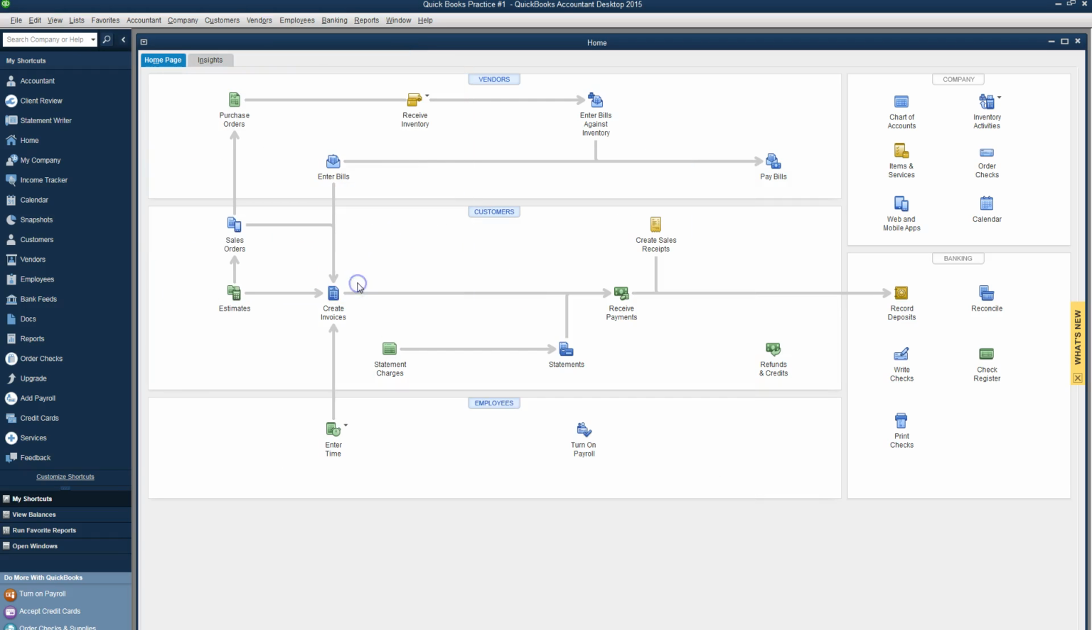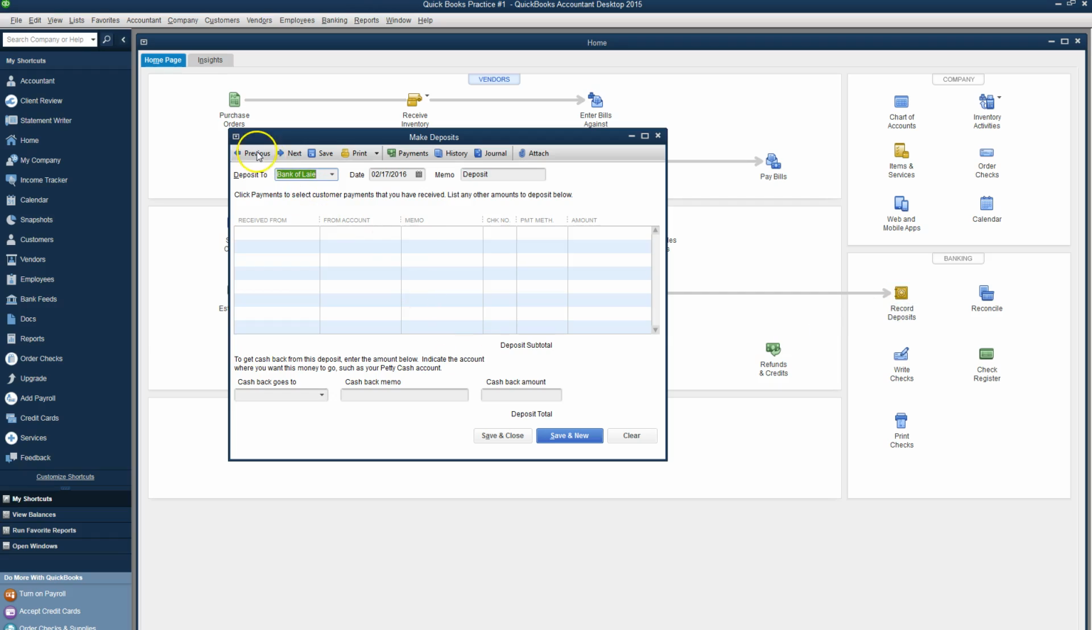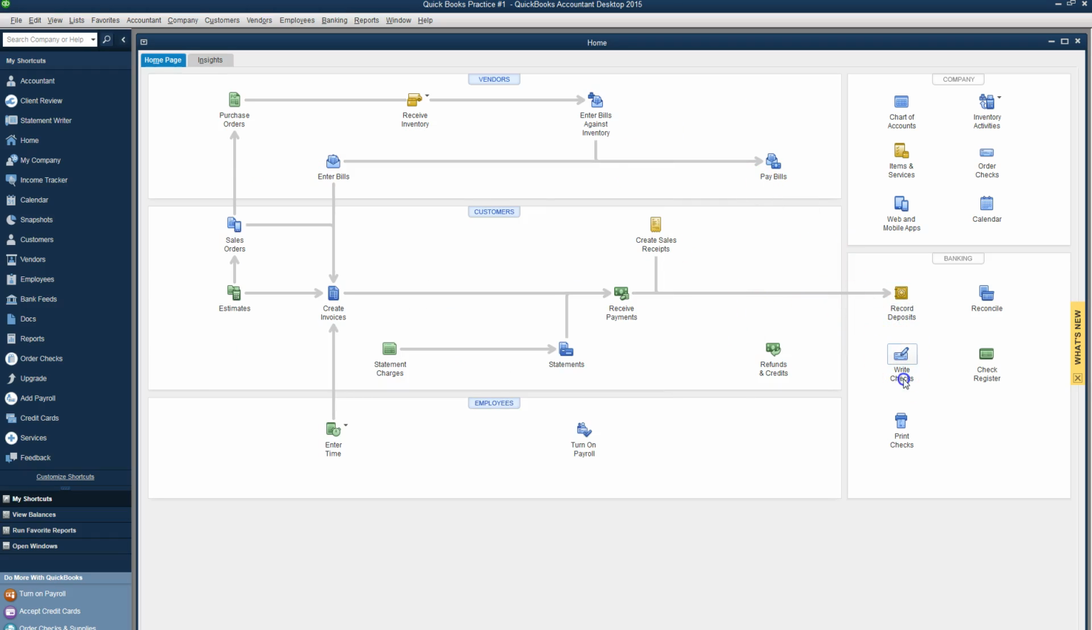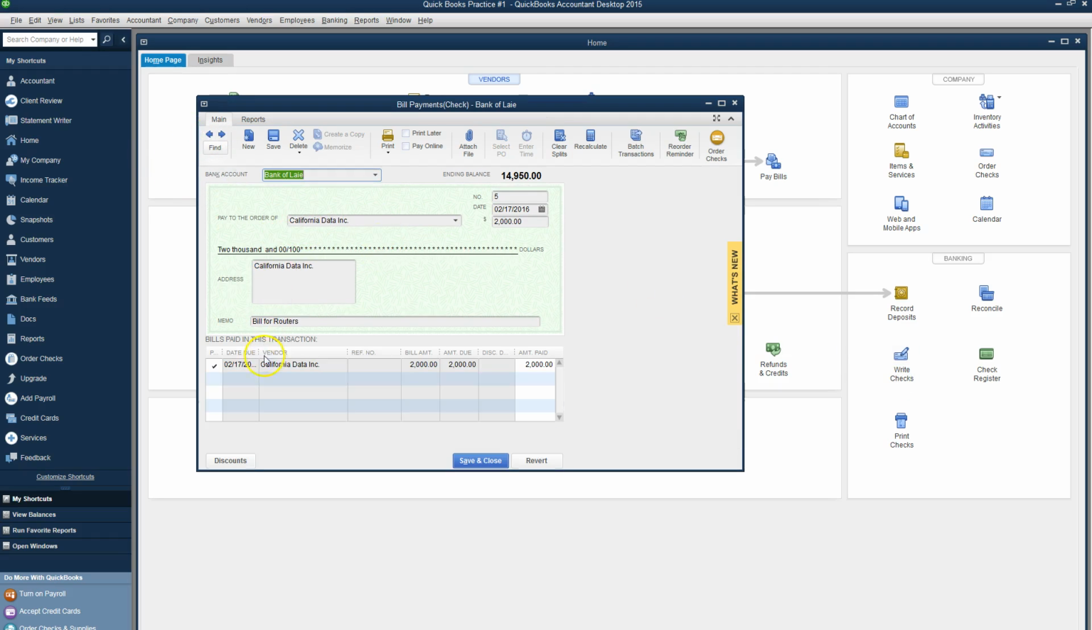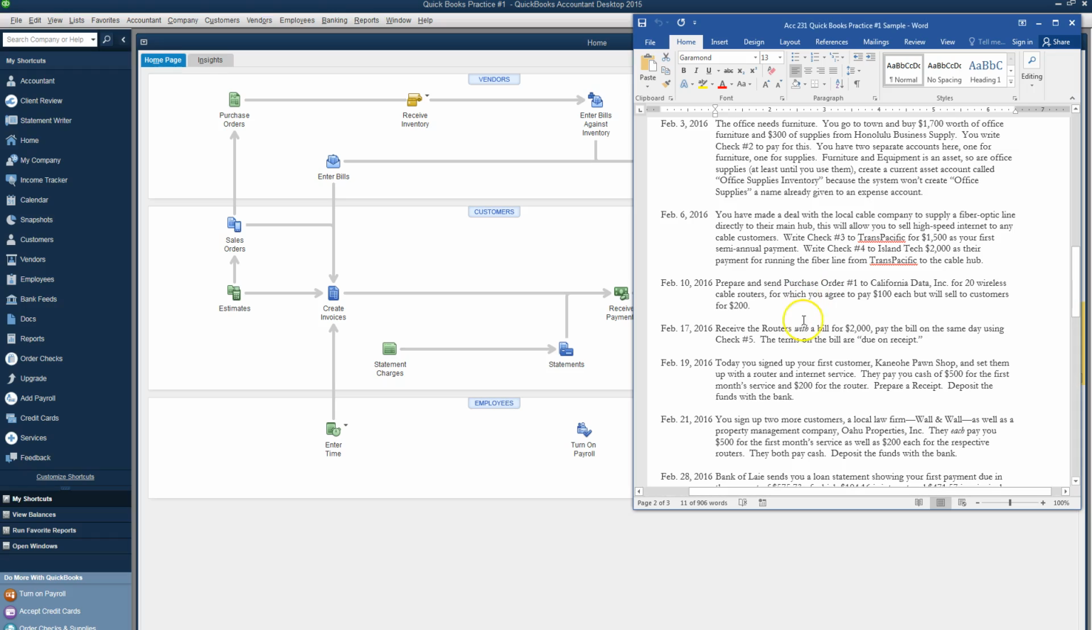And we're done. What we did there, when we went through this whole process of entering and paying the bill, was automatically, oops, I don't want the deposit screen, I want the check screen. We automatically wrote this check to California Data for those routers. Okay. So now we have received the routers, which means they're in our inventory and we can sell them to